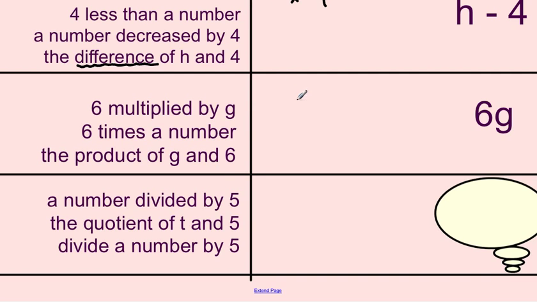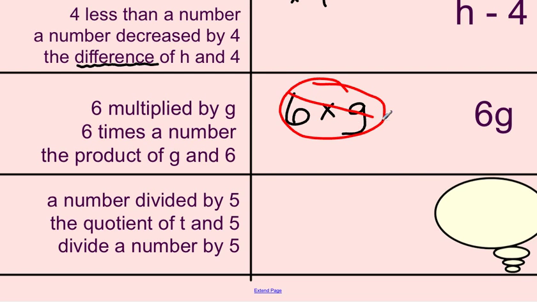Now, mathematically, this is why we can't write times with the x symbol anymore. Because if I write times with the x symbol, and we're working with variables, this looks like 6xg, not 6 times g. So this right now is a big no-no. We don't want to write this anymore. We can write it as 6 times g. They can both be in parentheses, but no longer can we use the x since we're dealing with letters, variables,